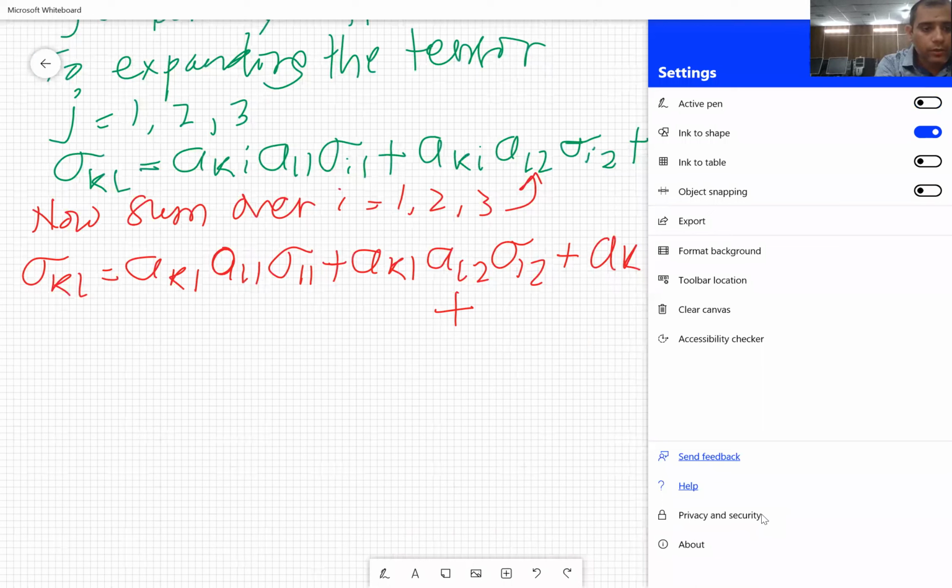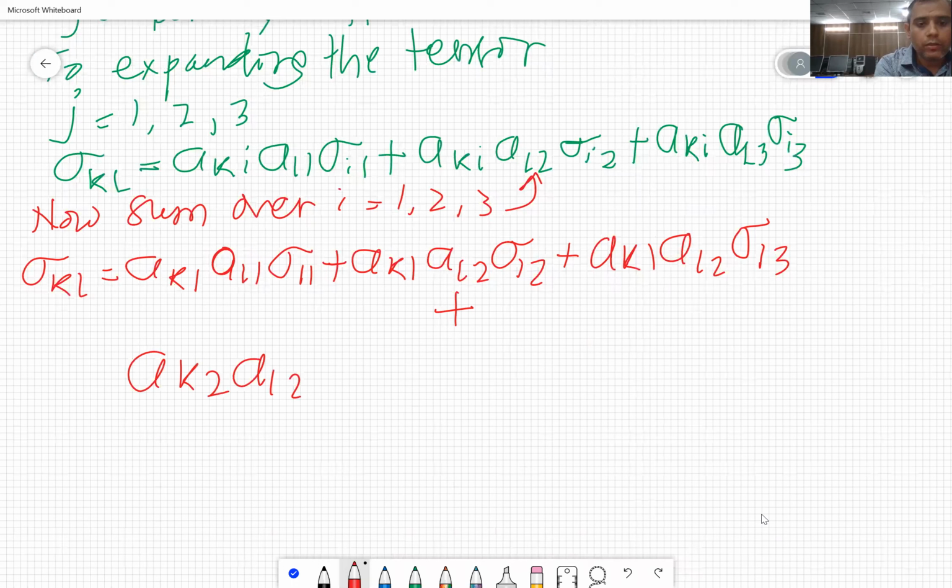Similarly, I'm writing A K2 A L2 sigma, I am putting I is equal to 2 now. When I put I is equal to 2, then it will be 2, 1. Sorry, we have j is equal to 1 here. If j is equal to 1 here, then we will write 2, 1 plus